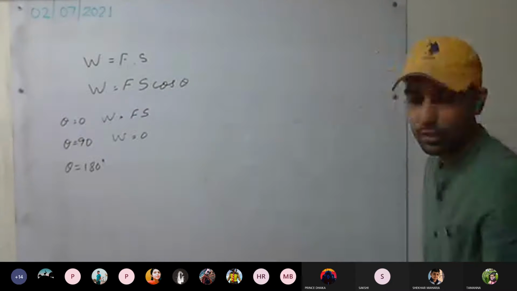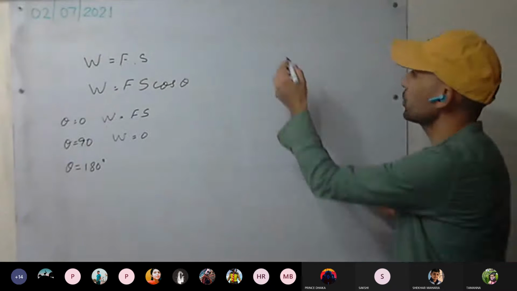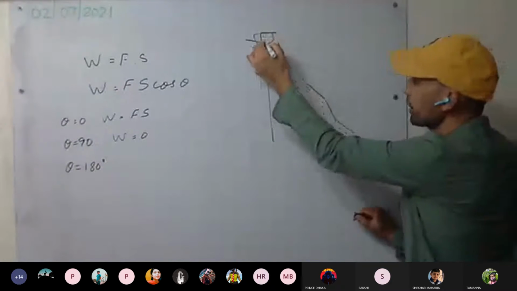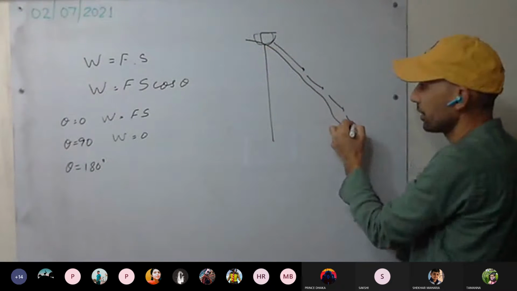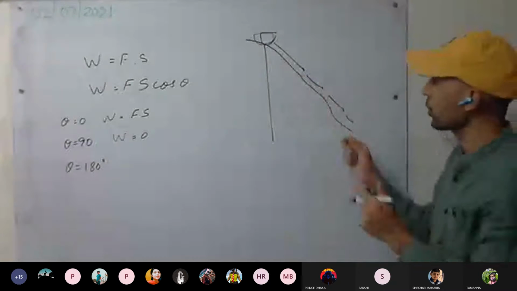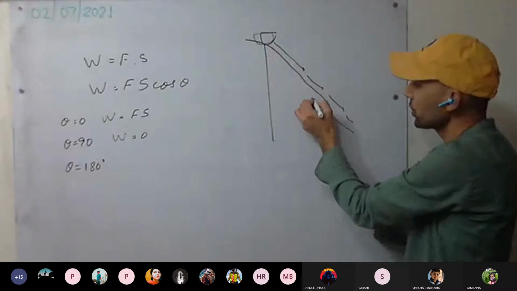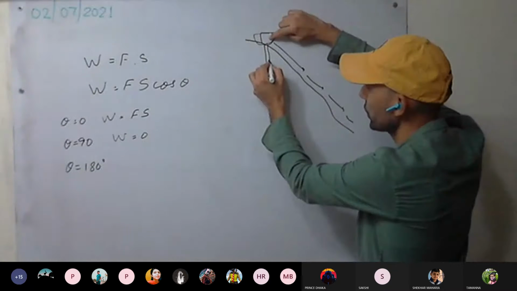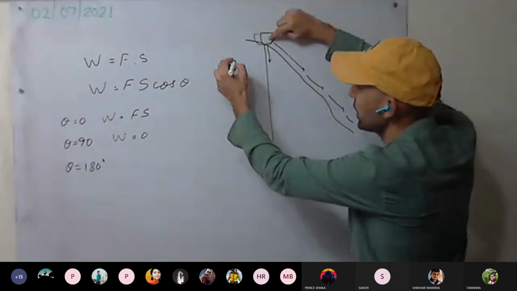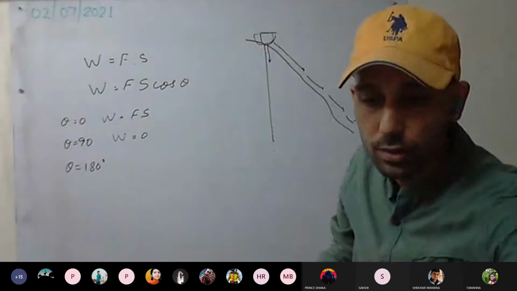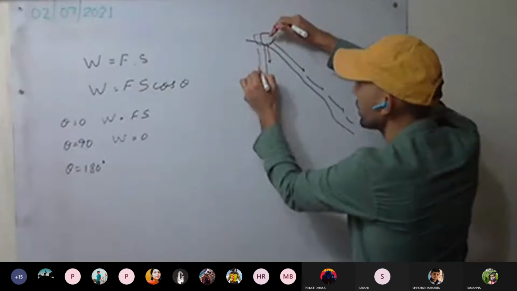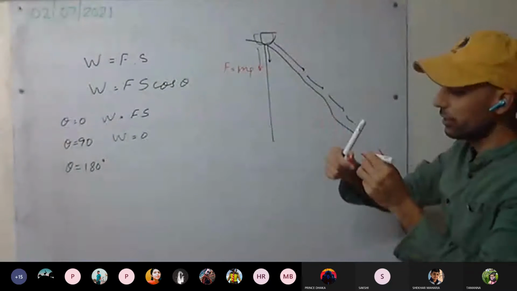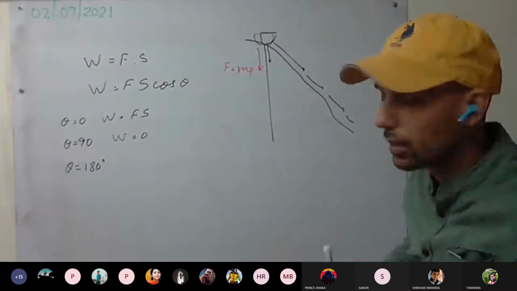Now, for example, we are having a body. This was the body coming down. This body can come down directly or even on a slope. For example, it is on a slope or you are coming down using stairs. Now see here, what is the force? Force is always in the downward direction, mg direction. So force equal to mg. Displacement is in which direction?